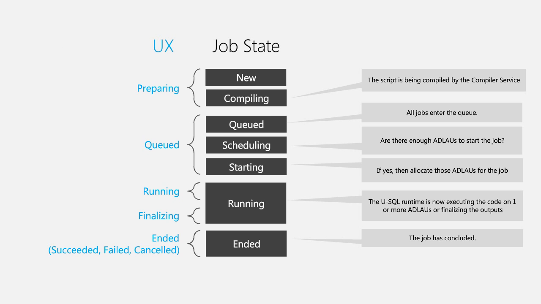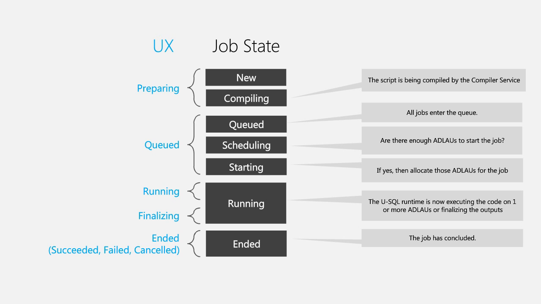I hope you can see my current slide with the various job states and what they mean on the right-hand side. As soon as you submit a new job into an Azure ADLA account, it gets a status called new. The new status will last for some seconds or minutes based on the available units and the bandwidth, and how occupied the ADLA account is. Based on these parameters, the status moves from new to compiling.